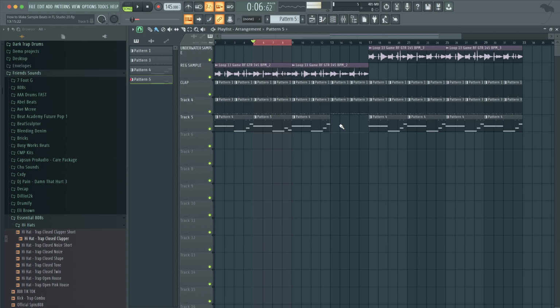Okay, so just that small little change up will make it so that the ear doesn't start predicting it, because once the ear can predict things, it gets kind of bored. We love when things change up. It creates discovery.